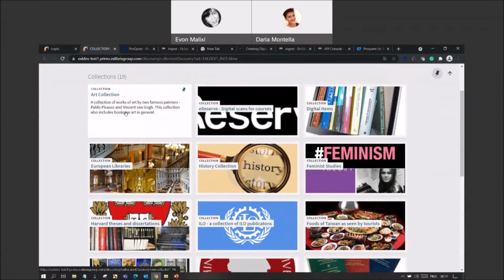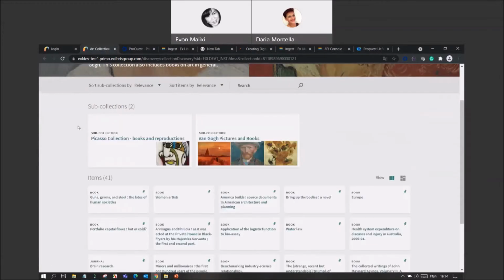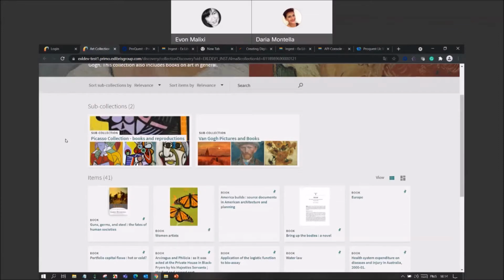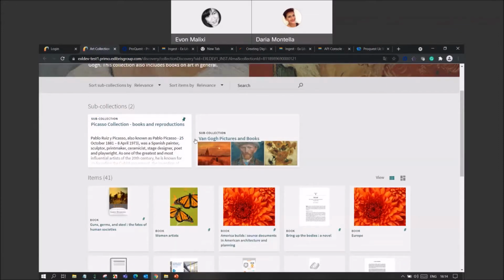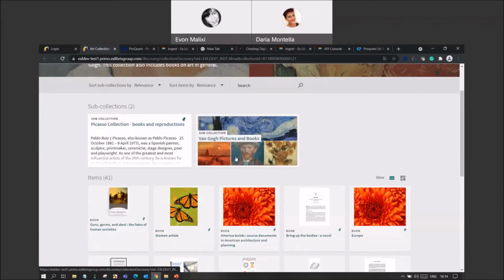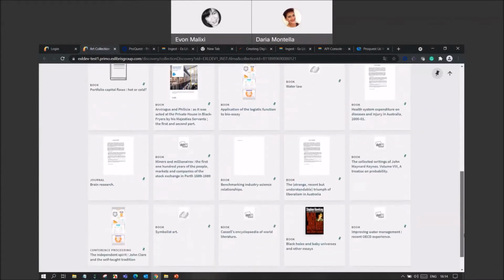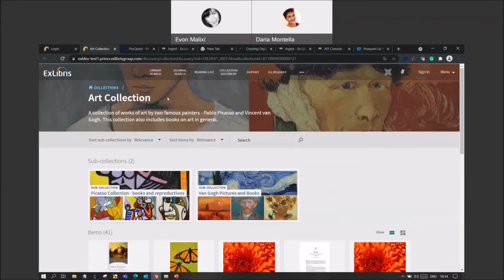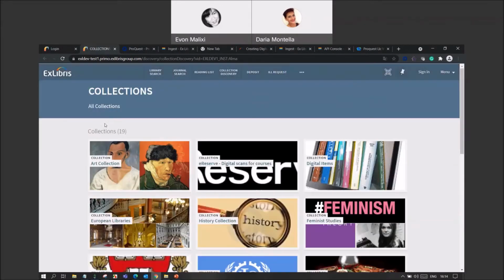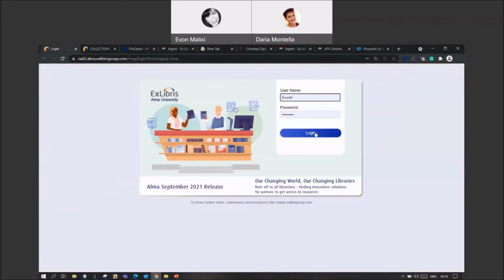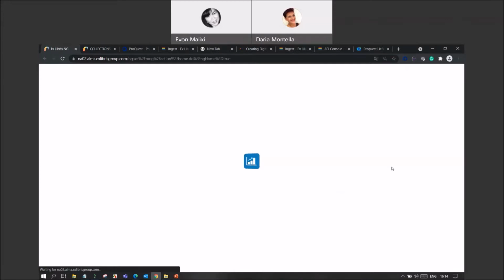For example, if I open this art collection for Picasso and Van Gogh, we have the sub-collections in there where all the beautiful titles and their digital representations sit. So this is how the discovery collection works and appears. Now we're going to log into Alma, so I'm going to show you how you can start creating collections in Alma. So that will be the first on our list,